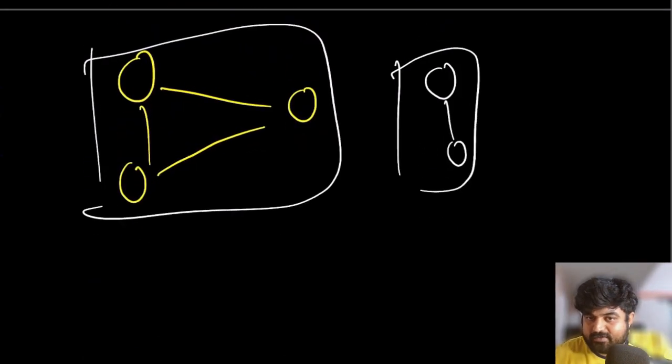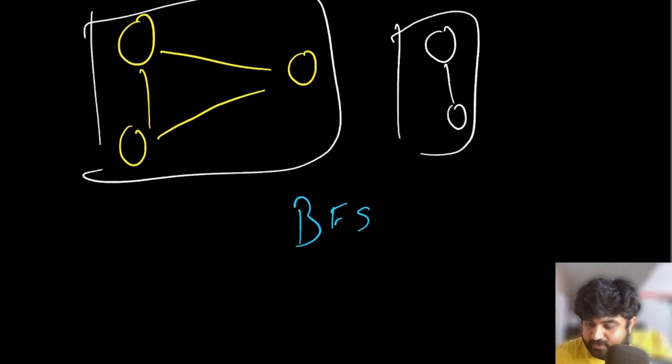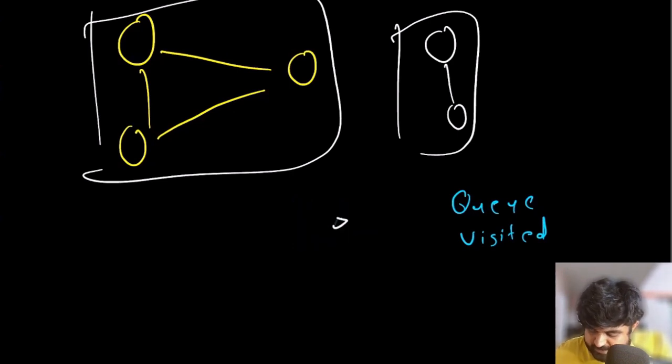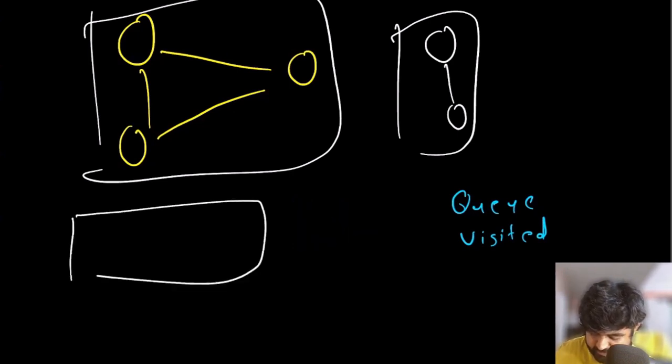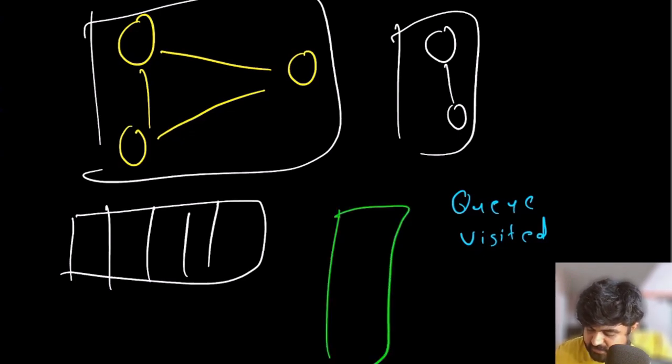I have already solved this one in the past, but I'm going to quickly show you the solution again. Simply, we are going to use breadth first search. For breadth first search, we all know we need two items. First, we need a queue, and second, we need some way to keep track of all the visited nodes so far. So I'm going to initialize our queue, and also a hash set that keeps track of the visited nodes. This one is for visited and this one is the queue.